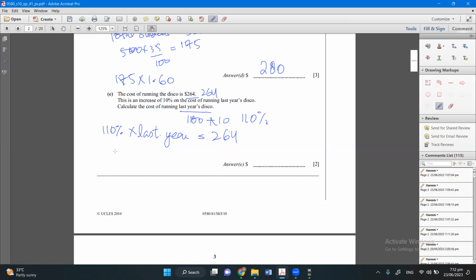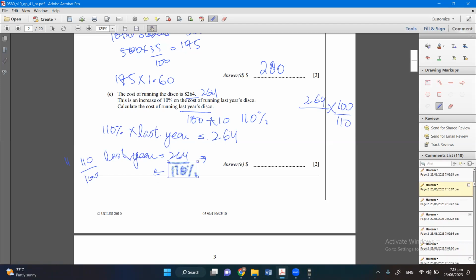So what will I do? It would be easy, a simple calculation. 264 divided by 110%, and it would be 264 multiplied by 100 over 110. I just converted 110 to 110 divided by 100, and then I reciprocated it because I have to get this value here. So if we calculate it,